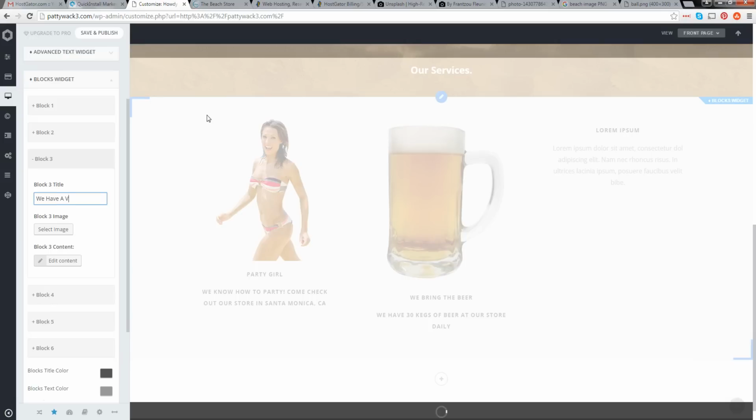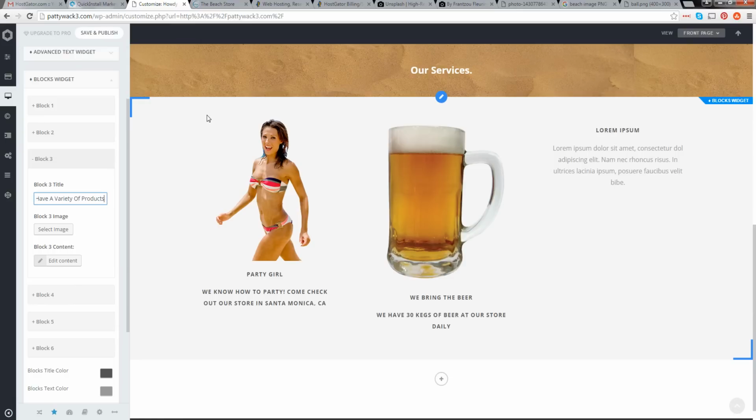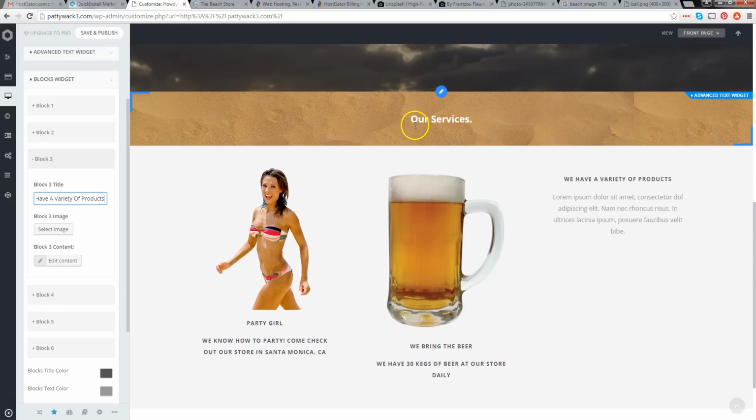we have a variety of products. And guys, what I really recommend when you're doing this kind of stuff, like for our services, make sure the first letter is always capitalized. I don't know why, but it's just something in marketing that makes people more attracted to something when the letters are capitalized. If you ever go to those Google AdWords seminars, they're always going to tell you the same thing. Make sure all the front letters are capitalized because it just attracts people. I don't know why. Maybe it's some sort of psychology thing or something. I don't know. So we've entered in the title right here, and we can go ahead and click on select